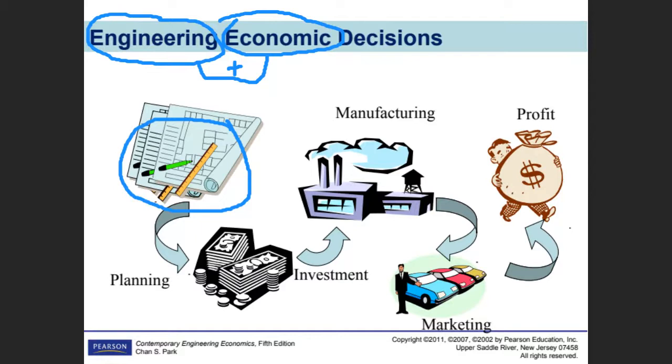Less means you have to give some numbers. What is the amount of saving you will get by purchasing machine X, for example? What are the other benefits? You need some numbers to convince someone, so you have to make a plan. But in order to make those plans, you have to see how much money or how much investment is required to purchase that machine. Then after this you start operations or manufacturing.